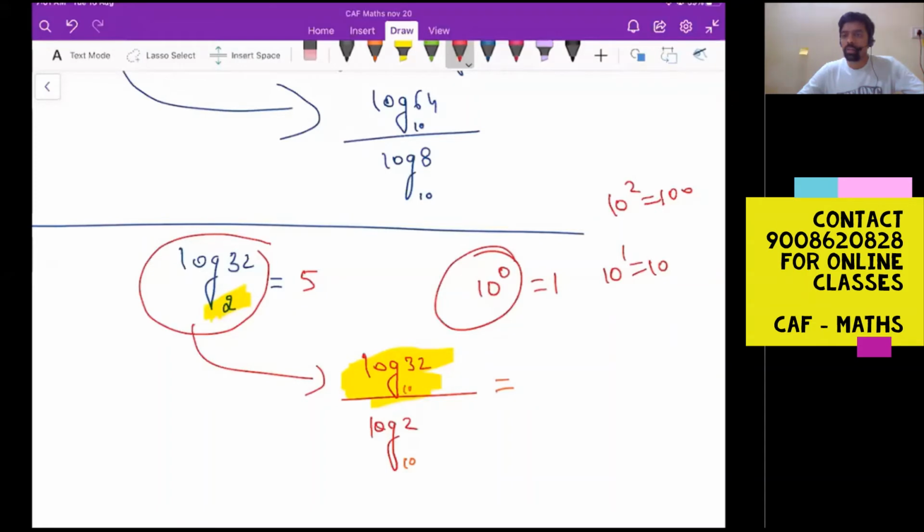All right. Now we have to find out the value of log 32 using log tables. I am not teaching the log tables now. Instead, I will teach you the shortcut method. Please take your calculator and just follow my instructions. We are trying to find out the value of log 32.